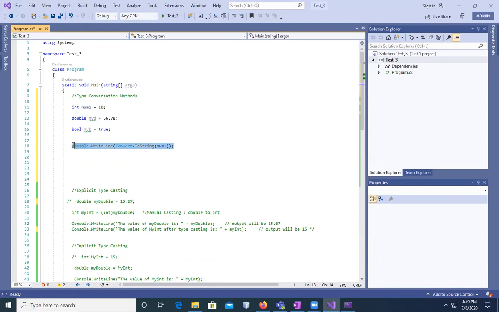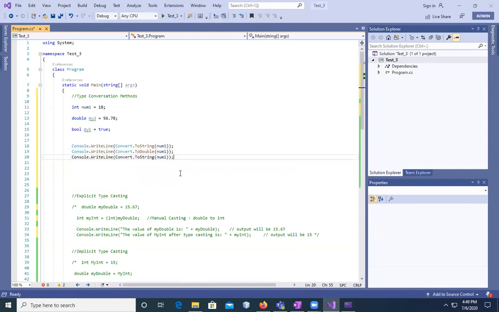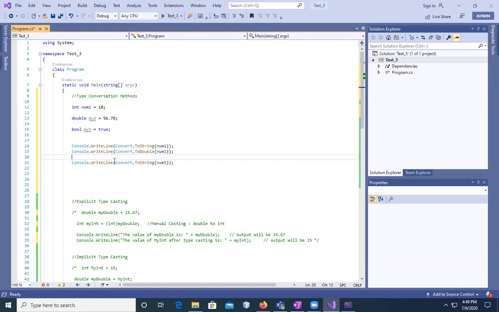In the same way, if you wanted to convert into double, you can say Convert.ToDouble. And here again, we will say num1. So you can convert it into string and convert it into double. This is the same variable name num1, okay? And then again, console.writeLine Convert to, now if you want it to be converted,